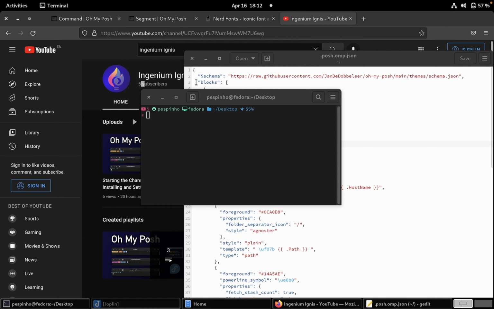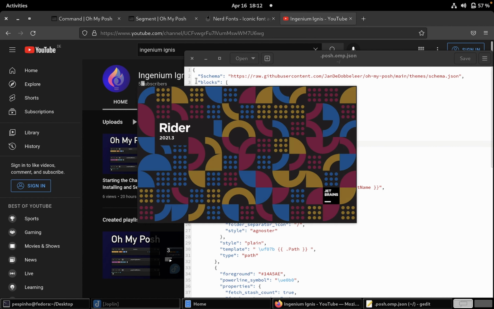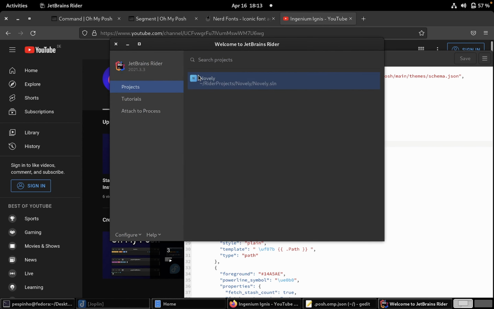If you don't know Rider, Rider is an IDE from JetBrains for .NET. It's not open source, it's a commercial IDE, so you need a license for it. I think if you are working on an open source project or something like this, you can get a free license from JetBrains. But now I'll just create a new solution,